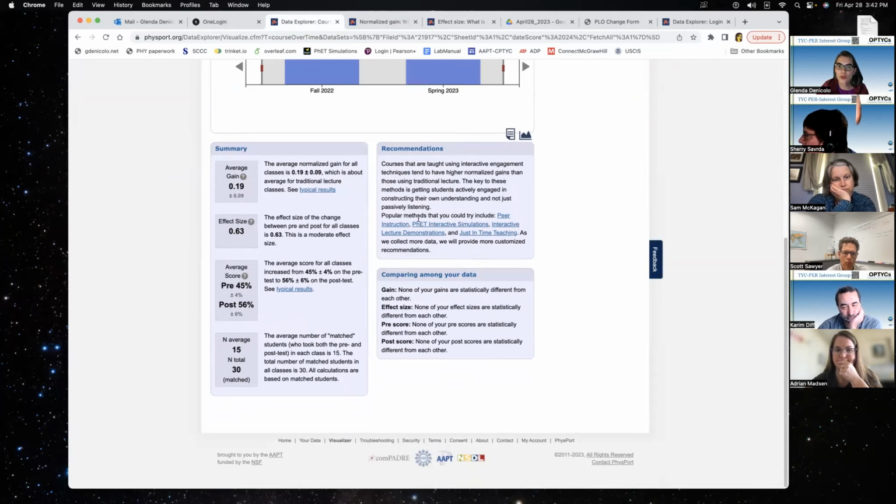And you have the expert recommendations over here. As this corresponds to what we call a small gain in the literature in physics, it means that this class probably relies mostly on traditional lecture passive learning rather than more interactive engagement methods that you can include in your class in many different ways. So it invites you to start looking at some interactive engagement methods here, peer instruction, use more interactive simulations in class, interactive lecture simulations, etc. They have a plethora of